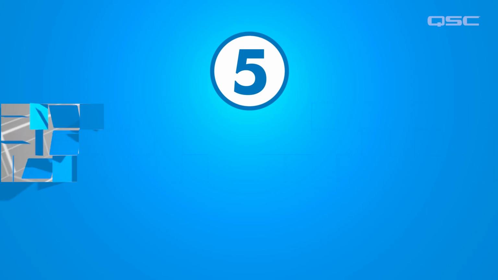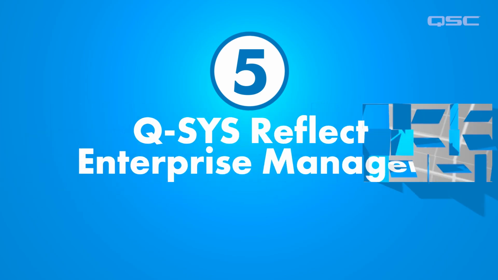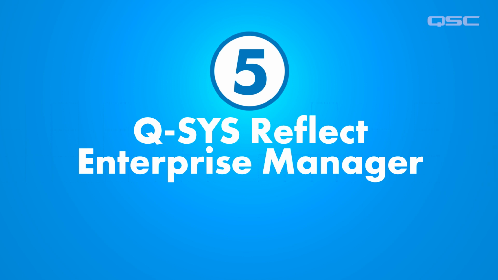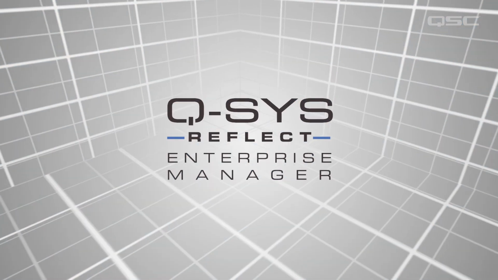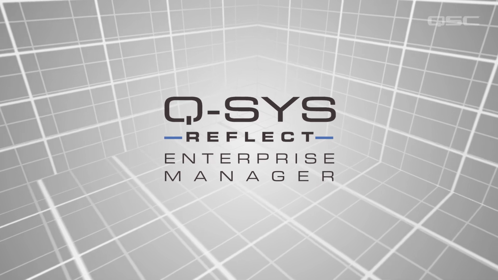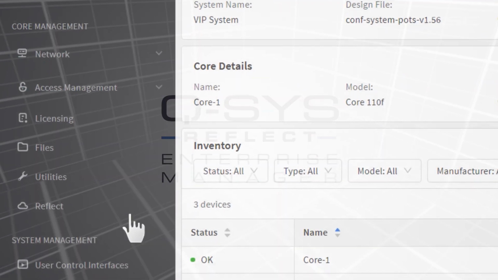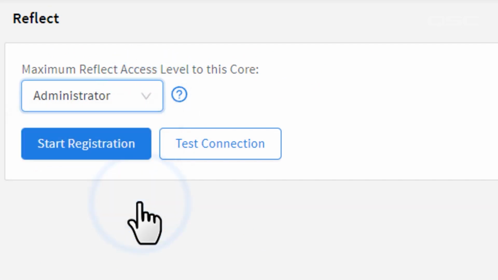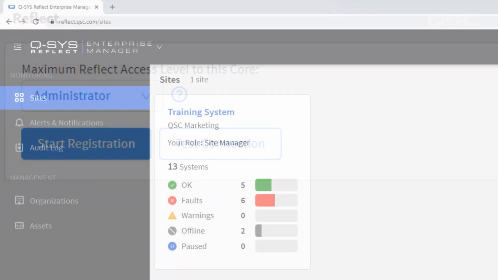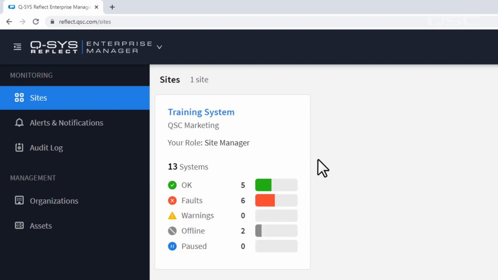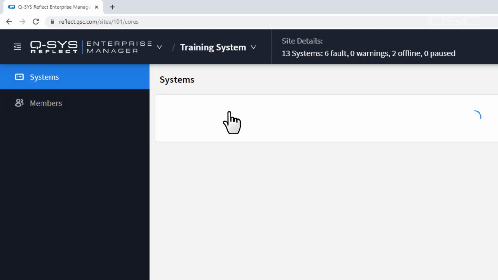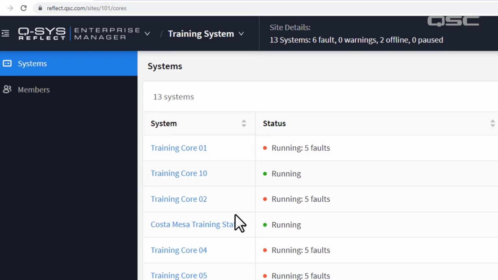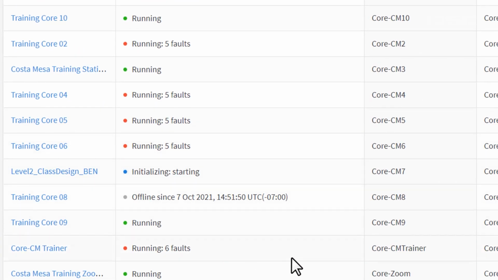Last but not least, the best way to know about any issues on your system is to actively monitor and manage that system using Q-SYS Reflect Enterprise Manager. Granting Enterprise Manager administrator access to your core gives you the visibility you need to the health and activity of your Q-SYS core, peripherals, and third-party devices. Q-SYS Reflect is built on a robust, secure infrastructure and has been tested by external cybersecurity professionals. For more information, go to